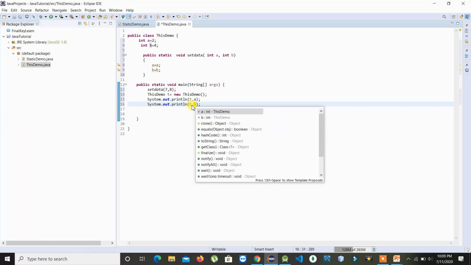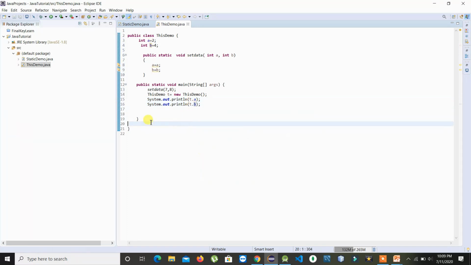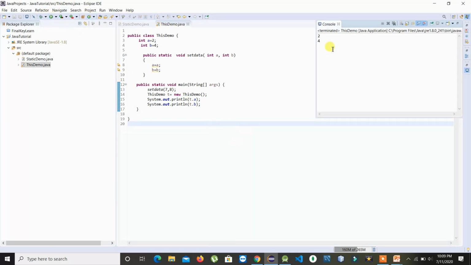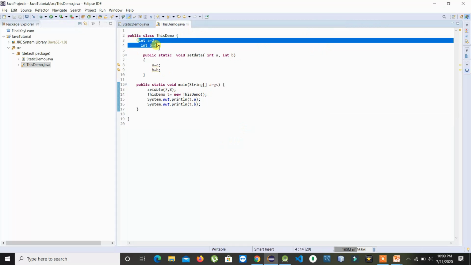Okay, so the whole program is done, and let's try to run it and check the value it is giving. Yeah, alright, so it's giving those values, it's printing those values.